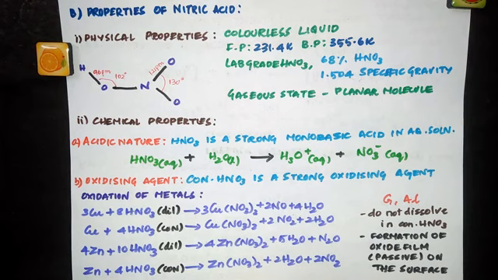So when you say nascent oxygen, it refers to the oxygen that has just been made, which means while the reaction is taking place, that oxygen is released. So we call such oxygen nascent oxygen. Since nitric acid is capable of releasing nascent oxygen readily, it is a very strong oxidizing agent. Now let's look at the oxidizing property of nitric acid, where it oxidizes metals. First, copper. And depending upon the concentration of the nitric acid, you get different products.